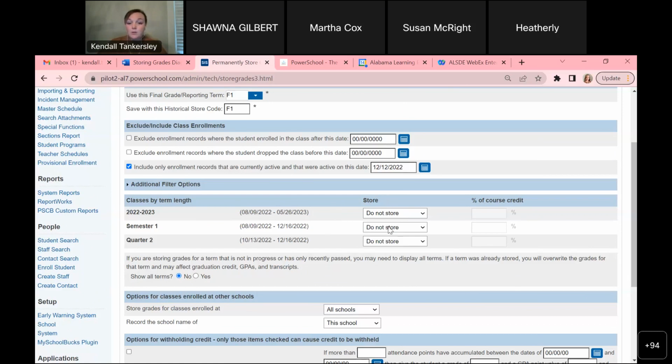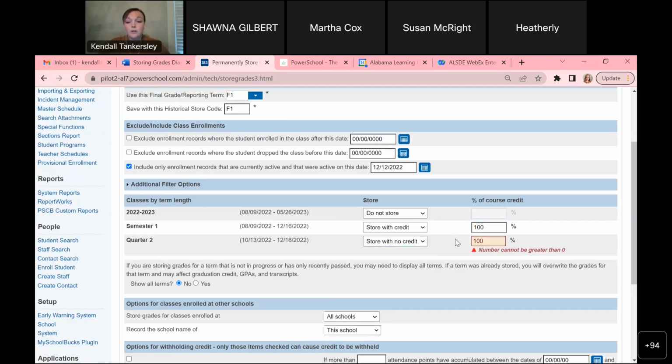My semester ones are going to store with credit because the semester is over. That F1 is the final grade. And I want to give 100% of the course credit. Same thing for my quarter 2 F1. So if I have quarter long classes that are finished at the end of quarter 2 and they have,